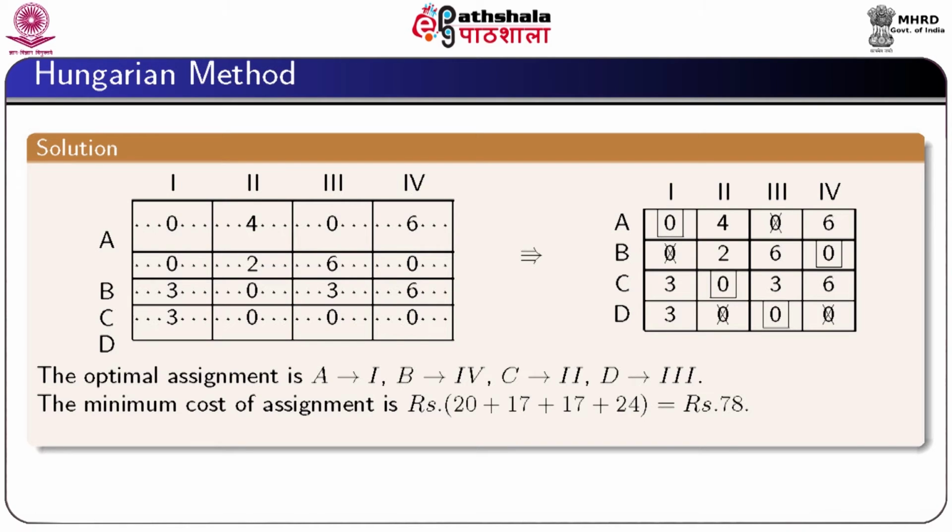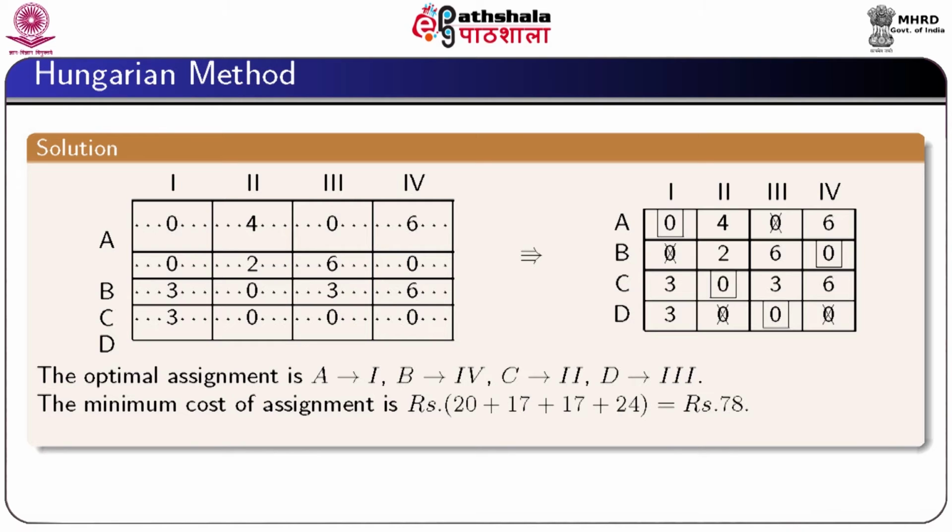And then again we draw the minimum number of horizontal and vertical lines. Here we draw only the horizontal lines to cover all the zeros. So, the minimum number of horizontal lines needed is equal to 4, which is equal to the order of the matrix. Thus, we can say that the optimality condition is satisfied. In order to get the optimal solution,